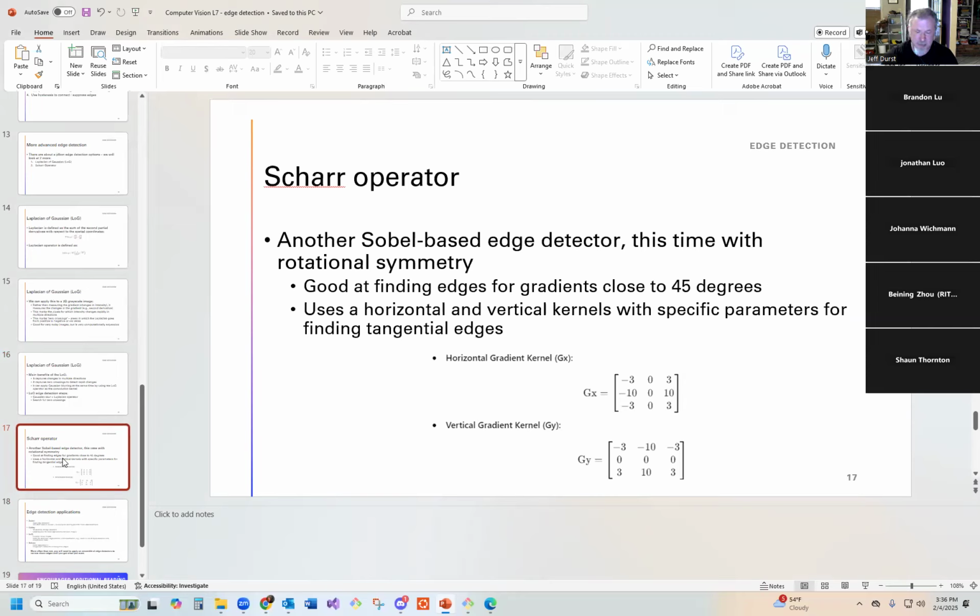If you think of the Sobel operator, it's finding vertical edges and horizontal edges, but it's not finding any kind of curve or angle or line that isn't essentially at 90 degrees or 0 degrees or 180 degrees. It's not great at finding those. And so a subset of that is the Scharr operator, which has kernels that are designed to look for